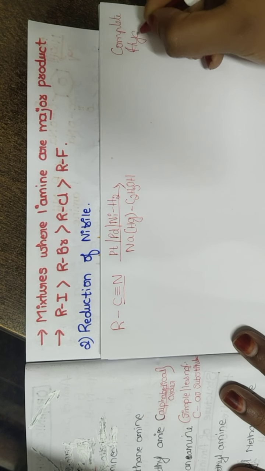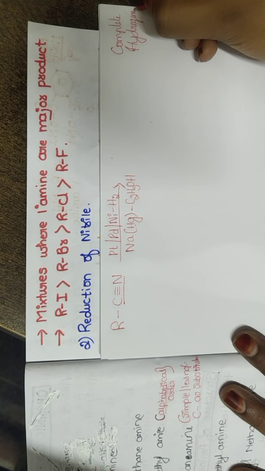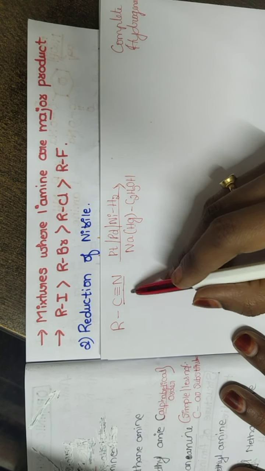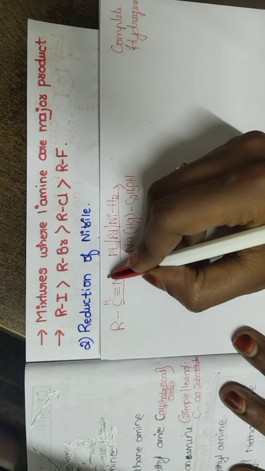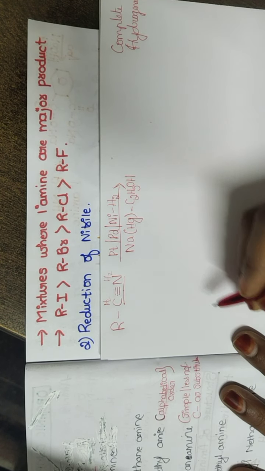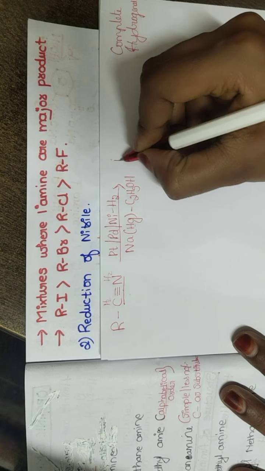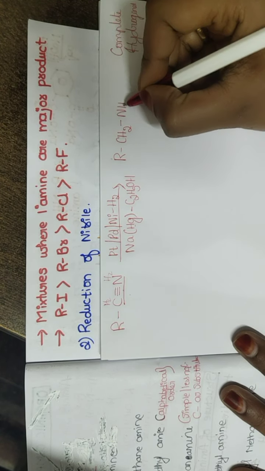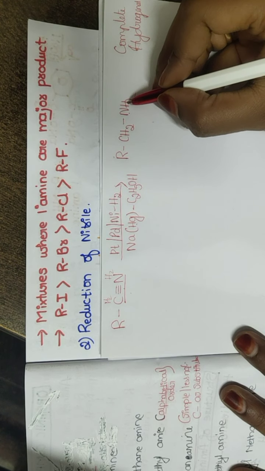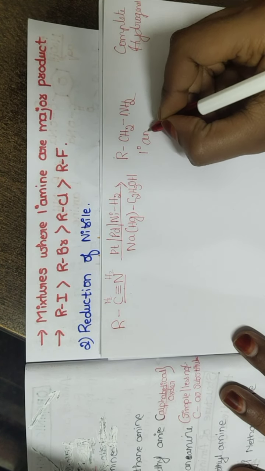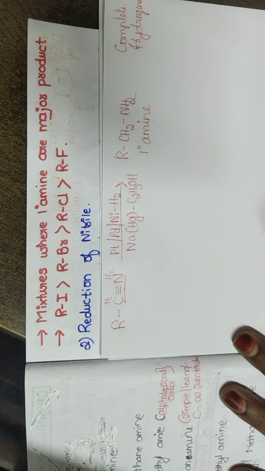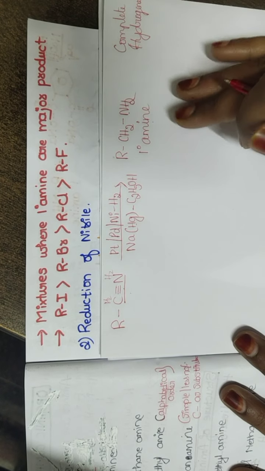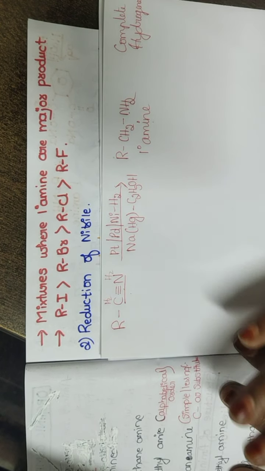What do we mean by complete hydrogenation? How many multiple bonds are there? 2 multiple bonds are there. Therefore I should add 2 hydrogen here and 2 hydrogen here. So the multiple bond will be converted into a single bond, and I'll end up with RCH2 single bond NH2. Since the nitrogen has 2 hydrogen atoms, it is called a primary amine. So this is one method for preparing a primary amine by reducing the nitrile.